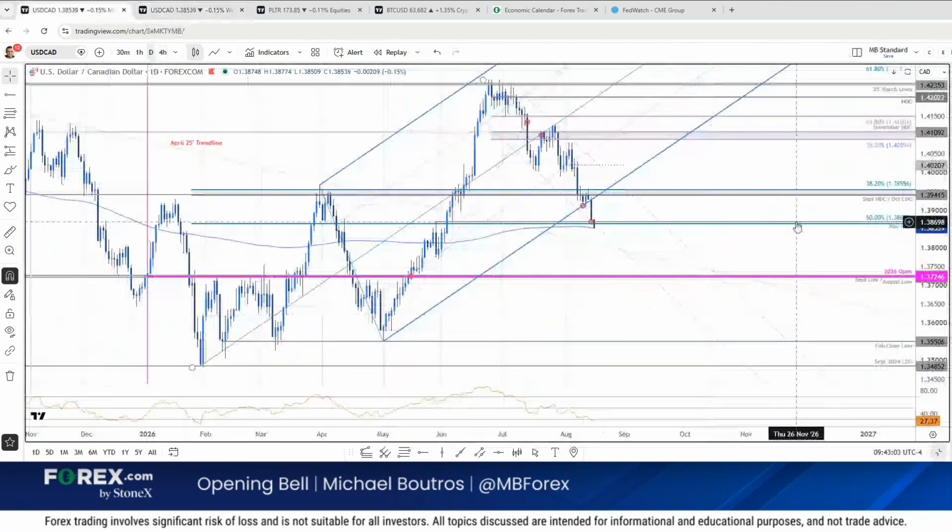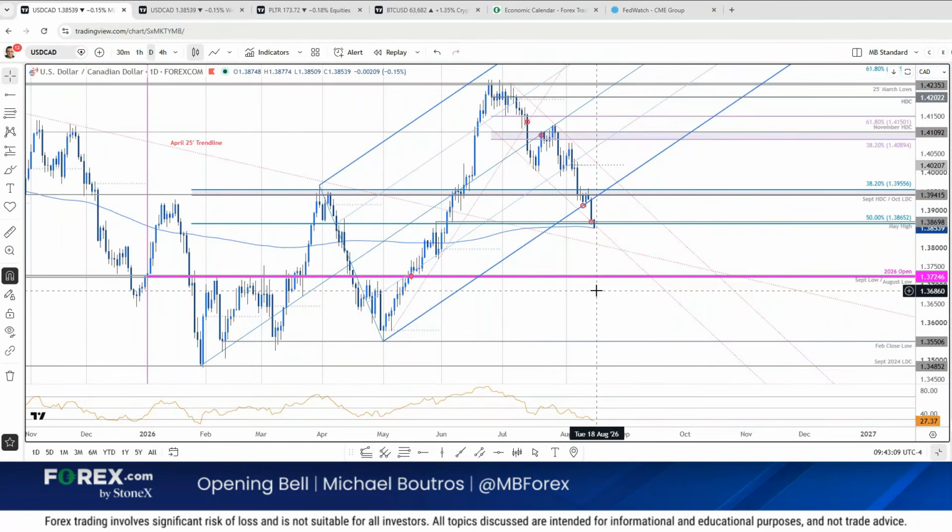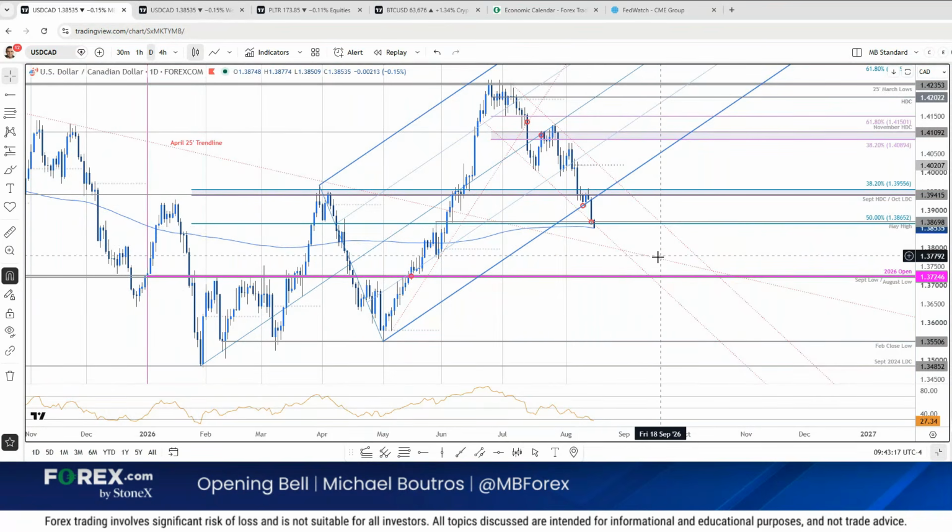Okay, so we're testing support right here, right now. Remember, a break of downtrend support can oftentimes be the sharpest part of the drop. This is also now testing a break of the yearly uptrend. So again, we would want to see follow through. This is your first pivot zone. Watch that 200-day moving average for support today.